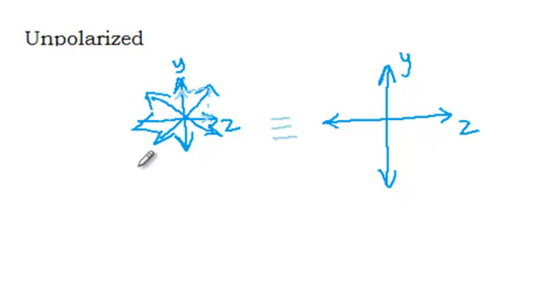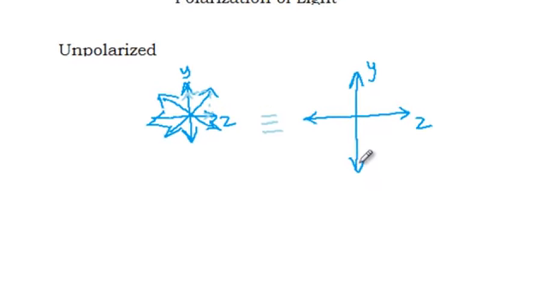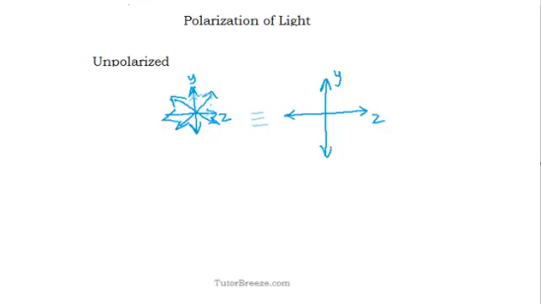So we are saying that this unpolarized light can be regarded as a combination of two polarized lights, one polarized in the y direction and the other in the z direction. At times you might have seen an arrow like this. You have a double-headed arrow and a dot over here. So this dot is a vector into the plane of the page. Which means this is actually a vector which is like this.